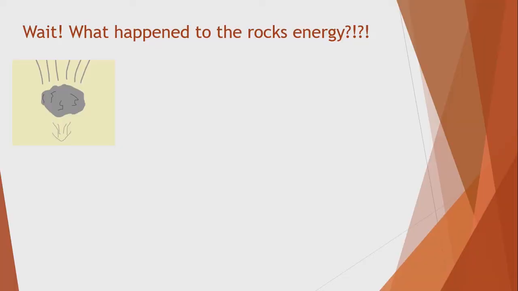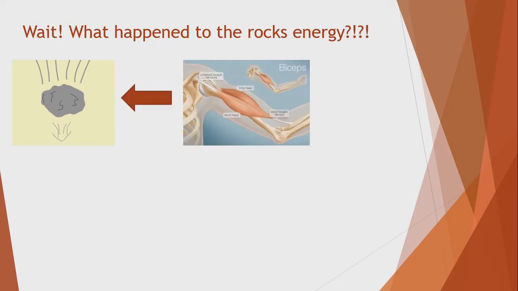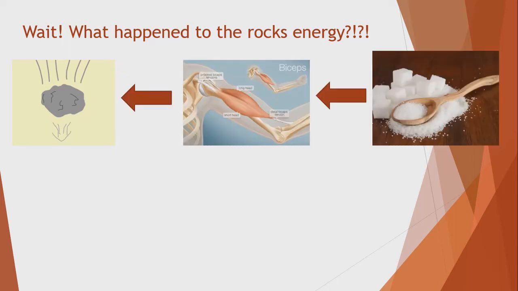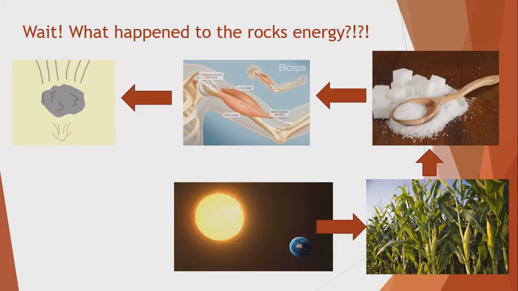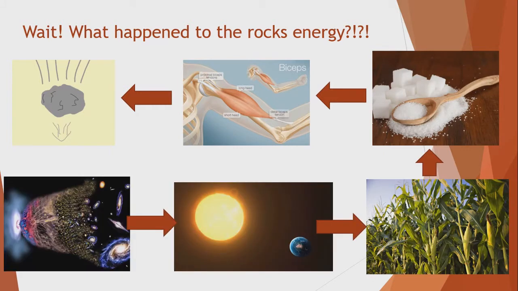Which brings us to our next topic, which is going to be heat, and maybe, as I was explaining how energy changes around, you might have been asking yourself a question. Earlier, I gave the example of me dropping a rock and how the rock had energy when it hit the ground, and that was provided by me, and that came from sugar and plants and the sun and the Big Bang ultimately. So the energy of that rock ultimately was created during the Big Bang, and it's just been moving from one place to another over time.